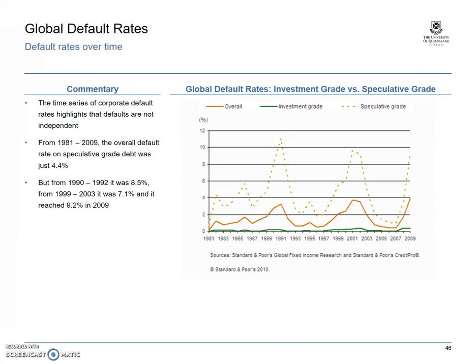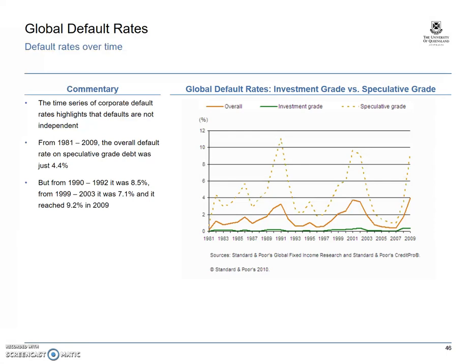And the other important point to note is that default rates over time are not constant. From the graph on the right, you can see that there have been 3 periods in particular where the default rate of bonds over the past 30-40 years has increased significantly. So you can see that from